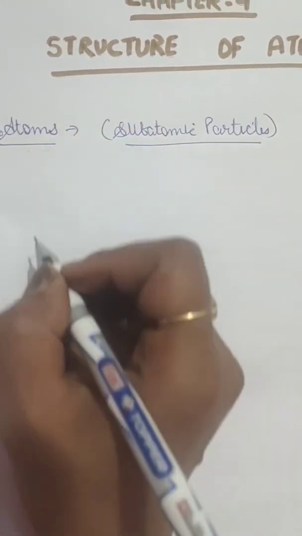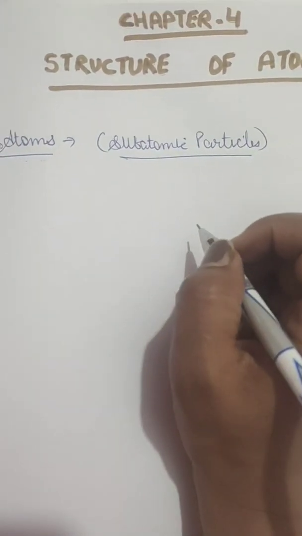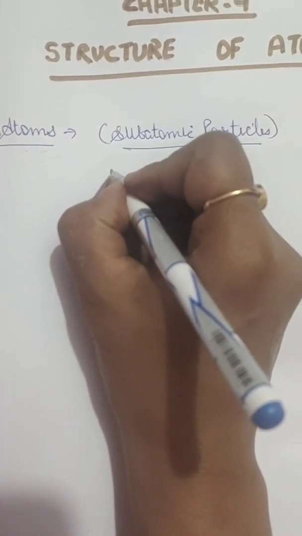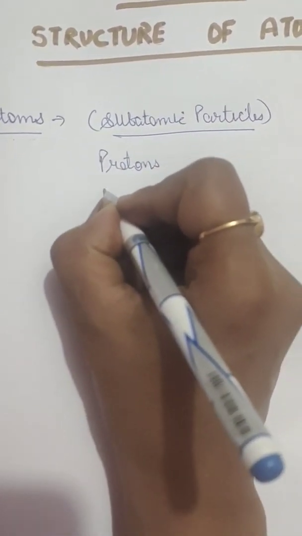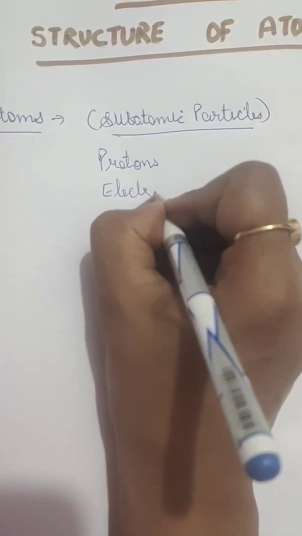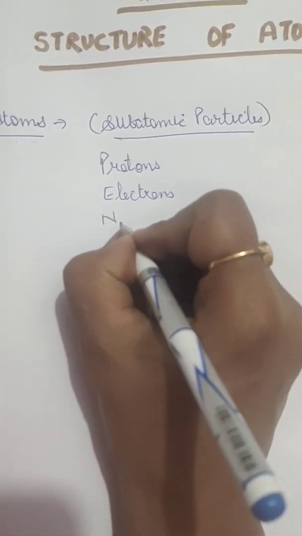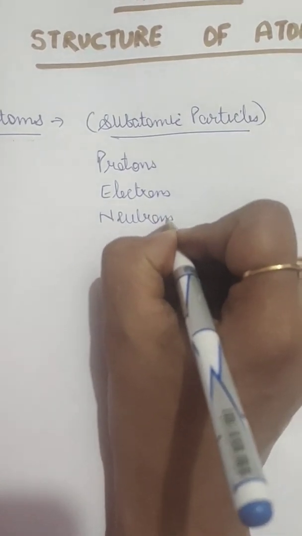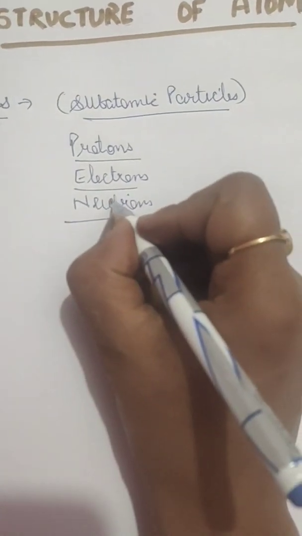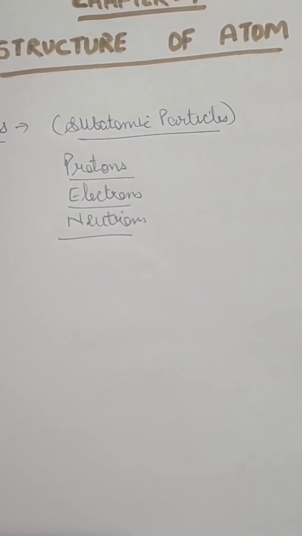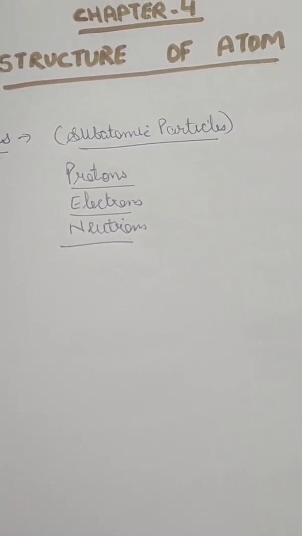Okay, so the definition of atom is the smallest particle of matter. But atoms are made up of subatomic particles which are called protons, electrons and neutrons. These protons, electrons and neutrons were discovered by different scientists, and we will be studying how they were discovered